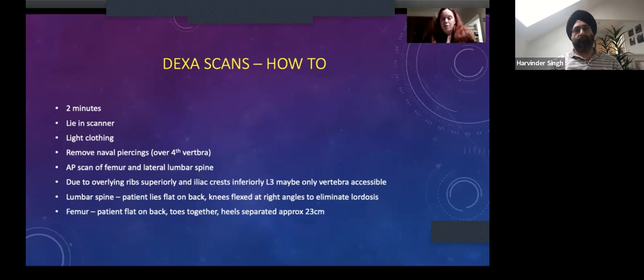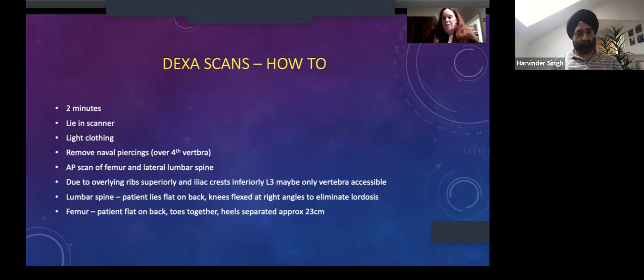The L3 vertebra is the most commonly scanned due to the fact that the ribs will overlie other vertebrae and the iliac crests will overlie the more distal vertebrae. For a lumbar spine scan, the patient lies flat on their back with their knees flexed at right angles to eliminate the lordosis. And for the femur, they lie flat on their back with their toes together and their heels